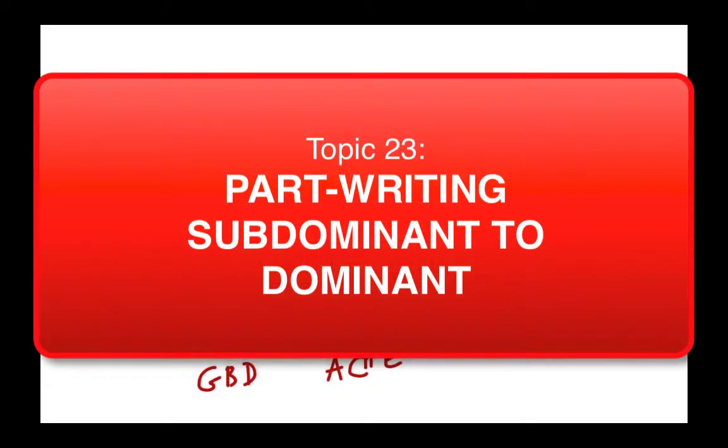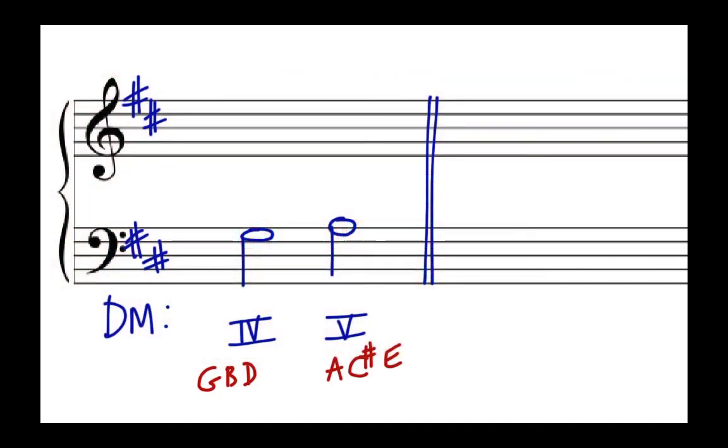In part writing the plagal cadence, we use the same part writing rules that we used for the authentic cadence, since both cadences have roots in the bass that are a fourth or a fifth apart. However, now that we do have the 4 chord and the 5 chord on the table, it's possible that we'll use a chord progression that moves from the 4 chord to the 5 chord. In this case, the roots are actually only a second apart, and that creates some special problems that we have